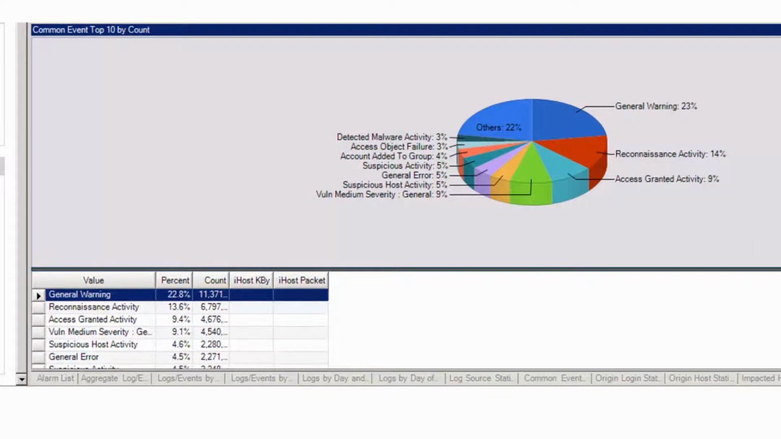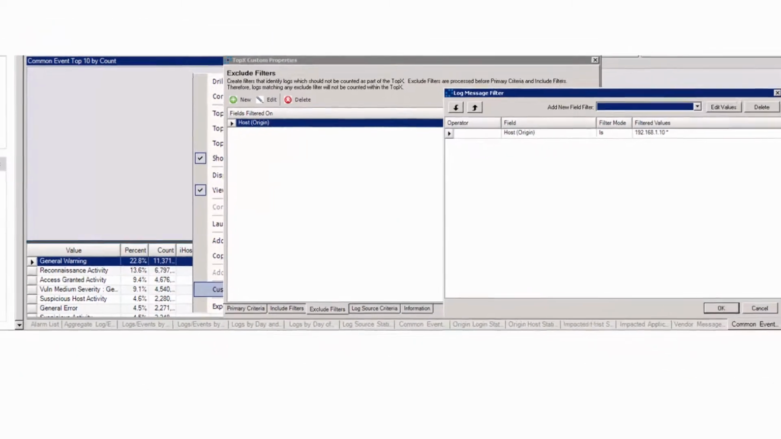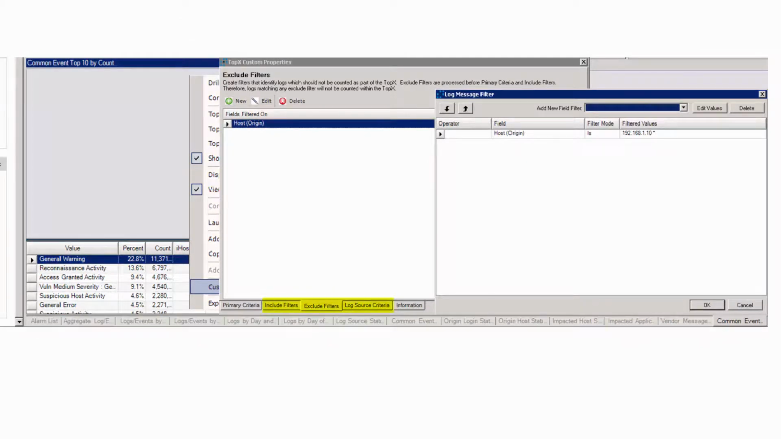For example, a certain host may need to be filtered out of the resulting data set because it produces a large volume of unnecessary or noisy logs and will prevent other systems' data from being displayed. To filter out this unnecessary data, right-click on the graph area and select Custom Properties. These options allow you to include or exclude data from the tool and specify which log sources to query for that data. By default, all log sources are selected. In the example shown here, I've configured my TopX Common Event tool to exclude data from the host with an IP address of